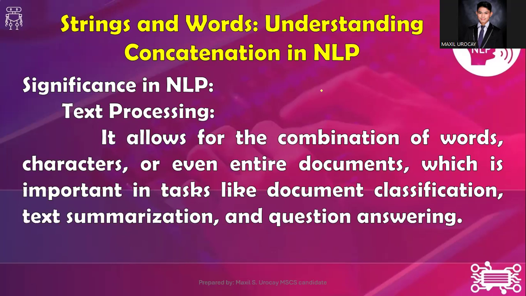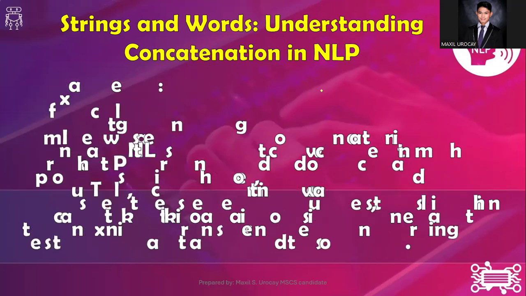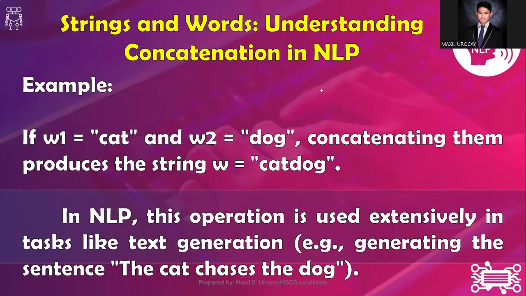Now, we have here a particular example of concatenation. If string 1 and string 2 are dog and cat, concatenating them will produce cat dog. So in NLP, this operation is used extensively in tasks like text generation, like generating sentences such as the cat chases the dog. A model might concatenate tokens like that to form a complete phrase like the cat chases the dog. So of course, concatenation is one of the things that plays